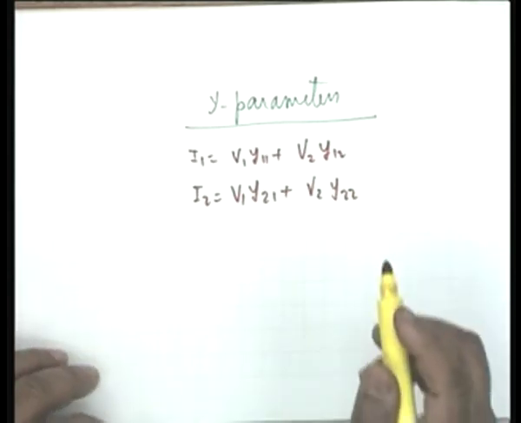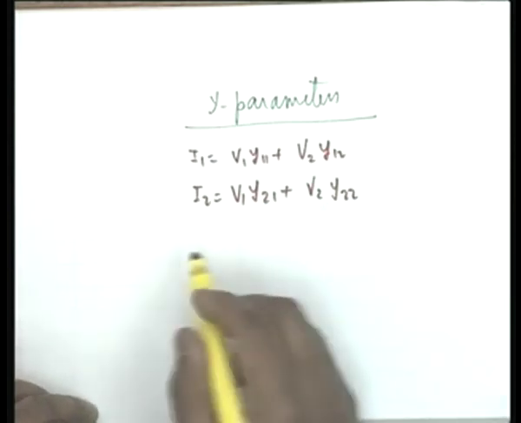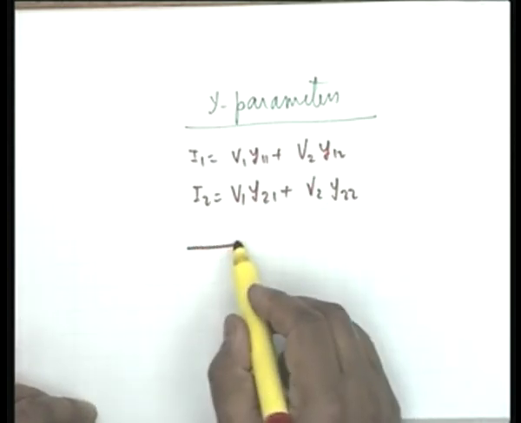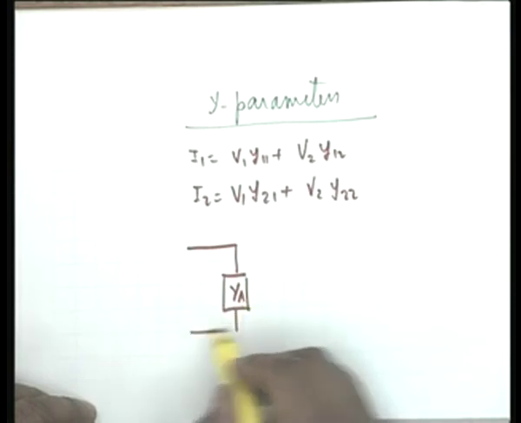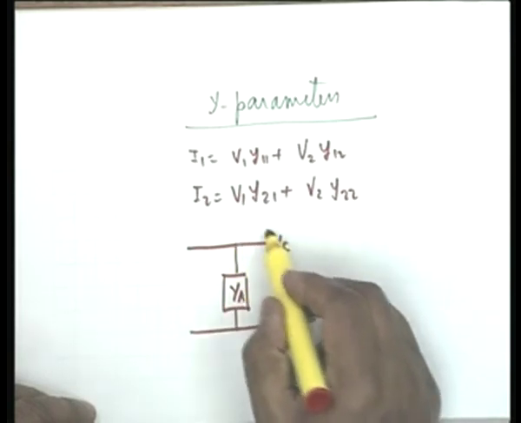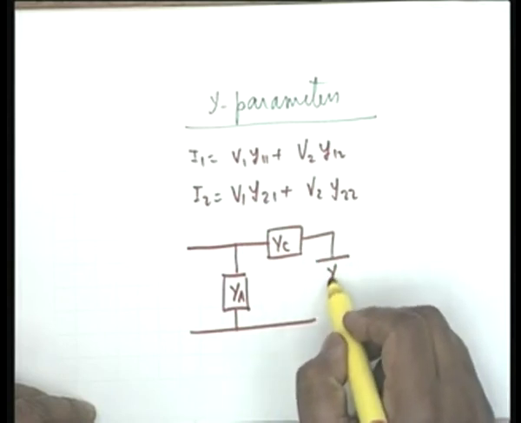And I think in the last lecture we had taken an example of the pi network, YA, then YC, then YB,